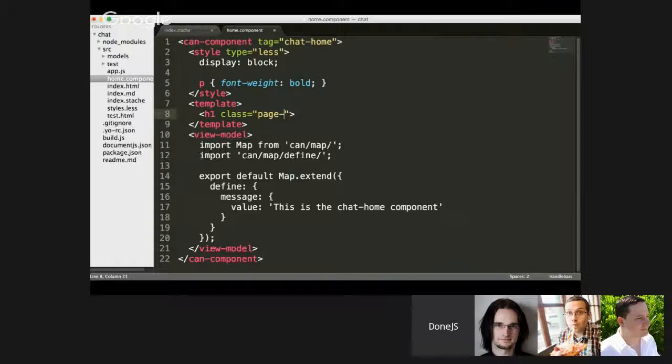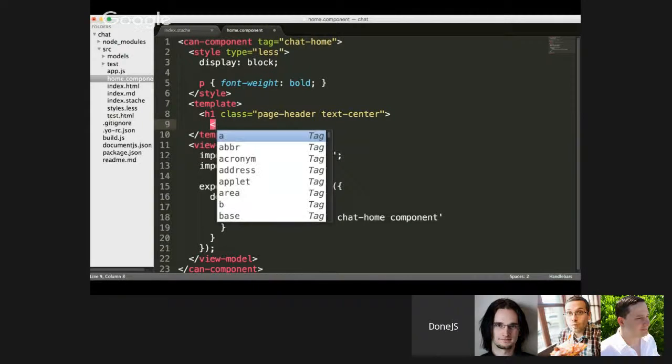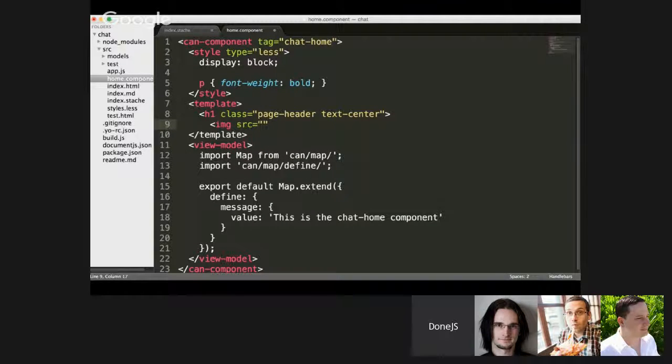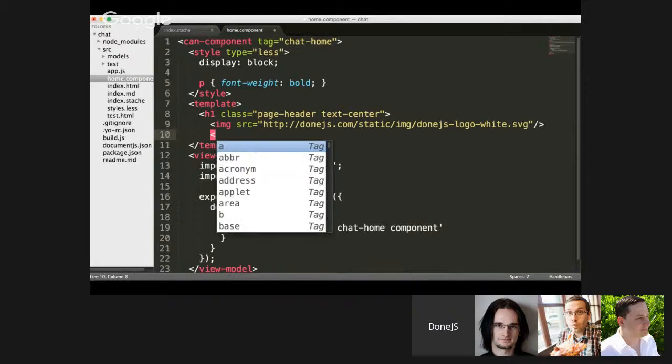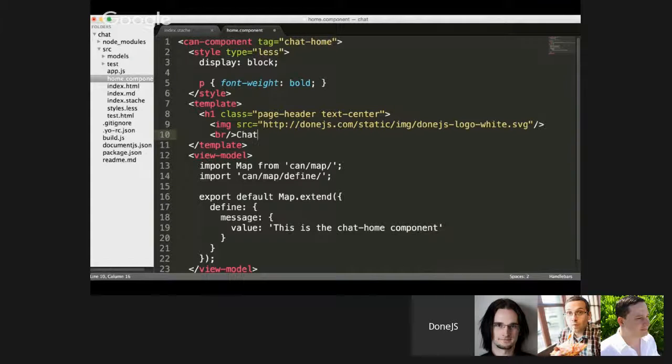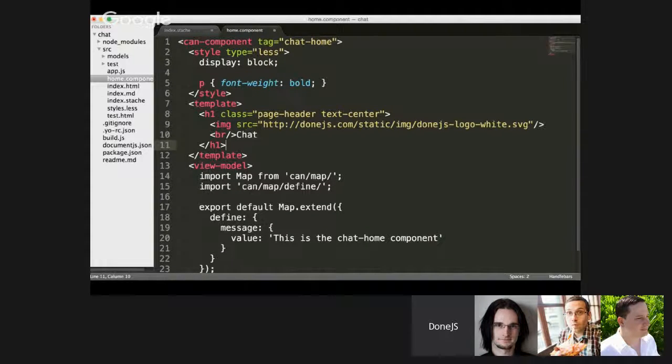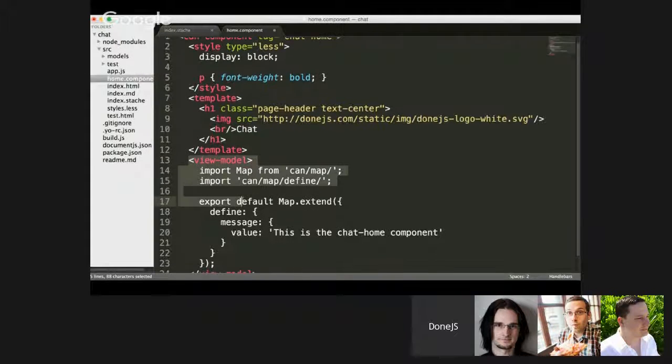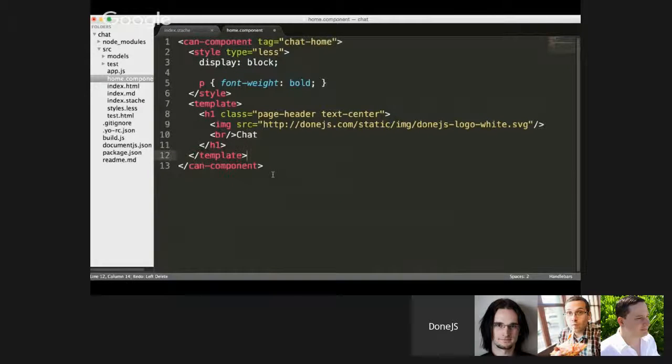So here, whenever we add a chat home element, I just want it to have an h1 inside of it that says DoneJS chat. Well, it's actually going to show the DoneJS logo, followed by the word chat, and then we're going to add a link to the messages page. So there's the DoneJS logo, there it says chat. We don't need this view model because our page doesn't actually use a view model. And then I'm just going to create a link,